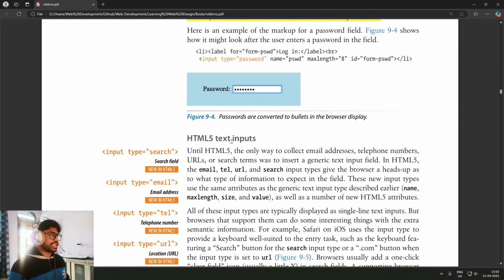HTML5 text inputs. Okay. Until HTML5, the only way to collect email addresses, telephone numbers, URLs, or search terms was to insert a generic text input field. In HTML5, the email, tel, URL, and such input types give the browser a heads up as to what type of information to expect in the field. Okay,